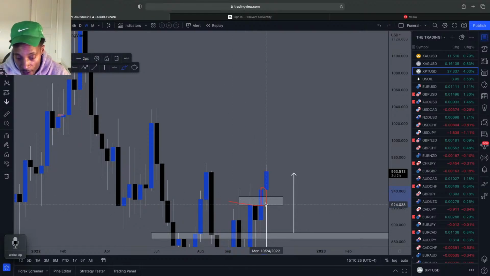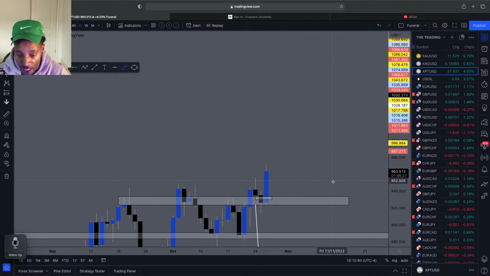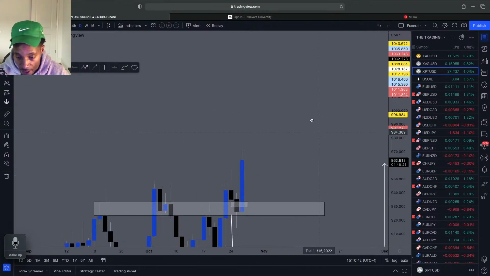broke above it. Last time we spoke about this market, the candles were right around this area. Since then it has exploded to the upside from previous structure resistance, now turned support. Just bouncing off that. If we drop down to the daily time frame, you can see from that area that